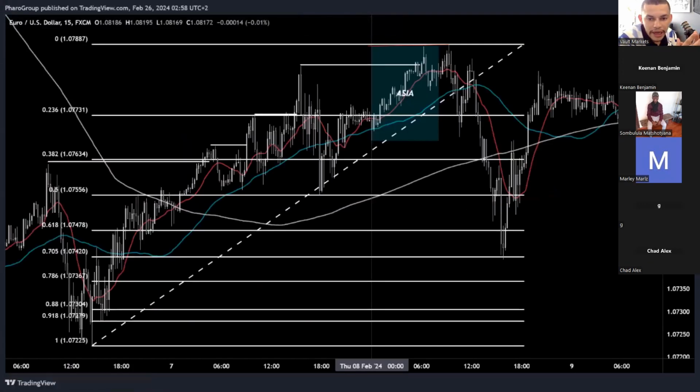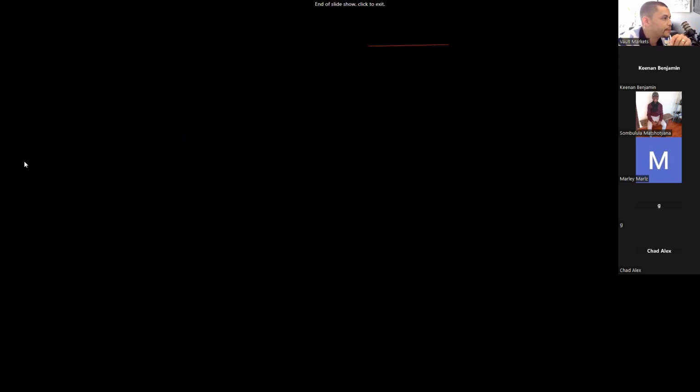You always want to be looking at all the points where there was potential liquidity, meaning the high and low of the day, the high and low of the week, high and low of the quarter, high and low of the month, high and low of the year, because these highs and lows, if you think about structure itself,